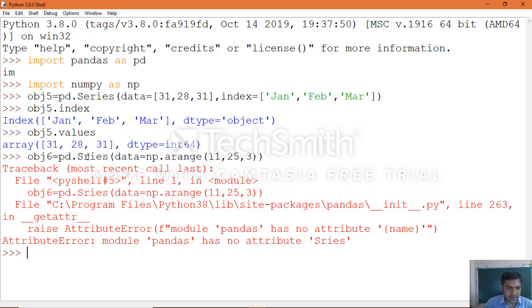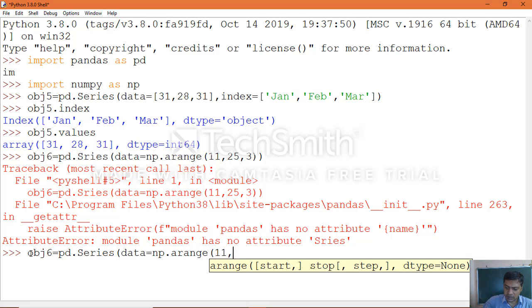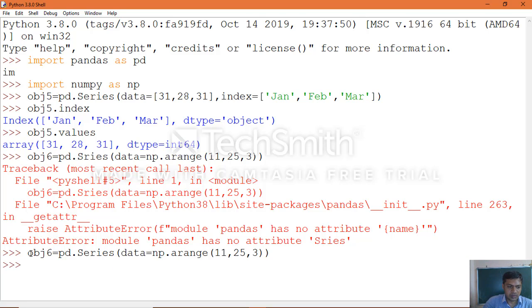We made a mistake here. It is the Series function. obj6 equal to pd.Series of data equal to np.arange of 11, 25, 3.